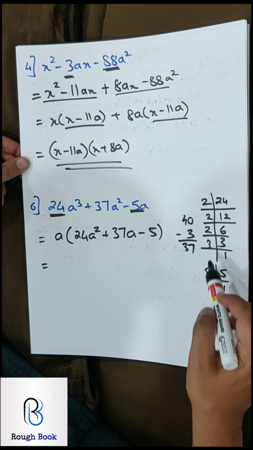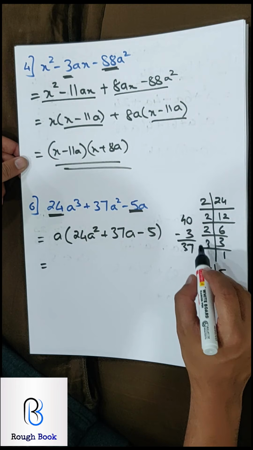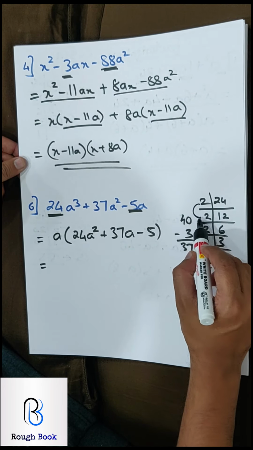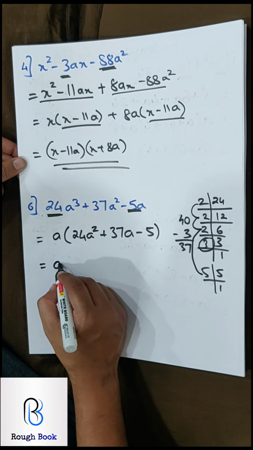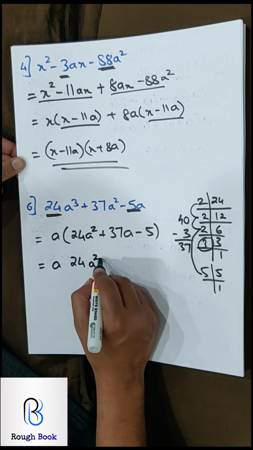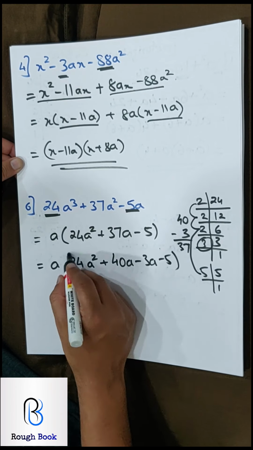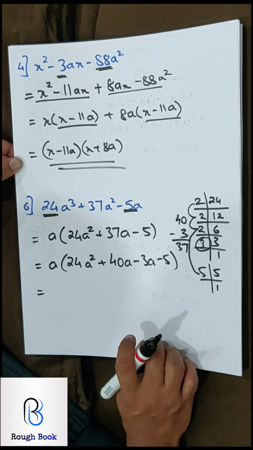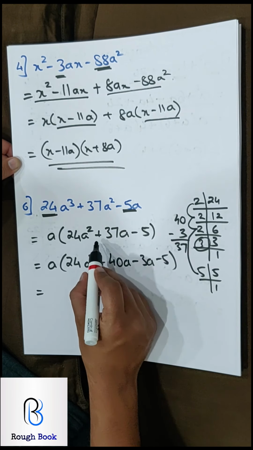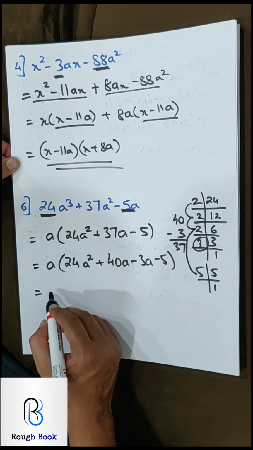So you will have to keep on guessing with different combinations in order to get your answer. So this time what we did is 2 2s are 4, 4 2s are 8, 8 5s are 40, and 3. Yeah. So I get 24a square plus 40a minus 3a. This was a good question where we happened to take different combinations and only then we got it. It was not that simple. We followed the protocol, plus 40 minus 3, to get this bigger number first.